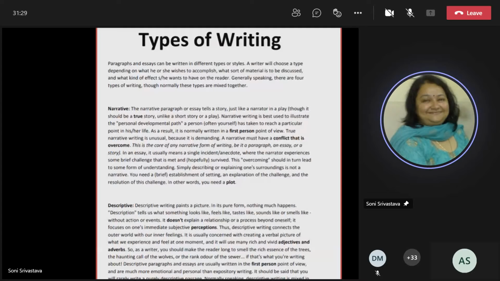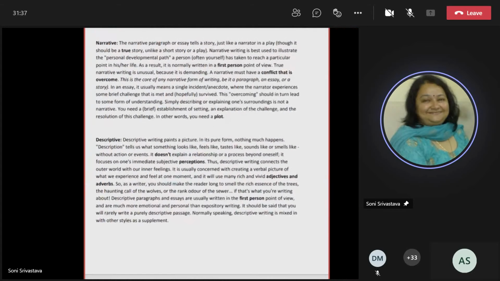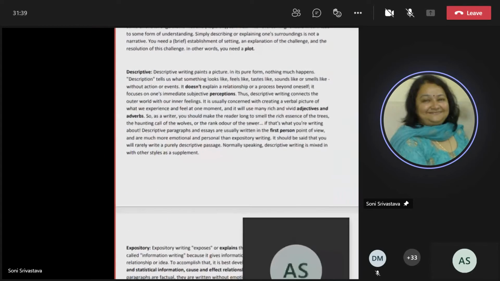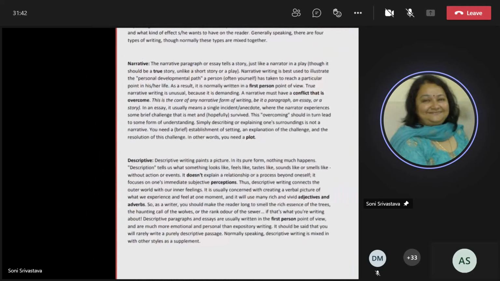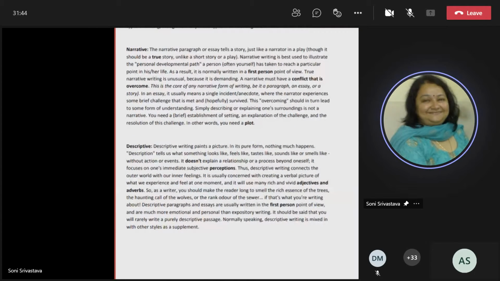Generally speaking, there are four types of writing. So normally these types are mixed together. Like I said, these all can be used together. In fact, here I'm talking about four types of writing. There is another one that is creative, which nowadays we use more commonly, art integrated kind of things. So those things are also very much important nowadays. And by our own way of putting across things, that is a very creative way of putting. Now here we are dealing with just four.